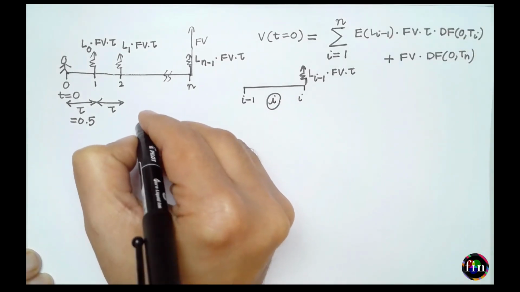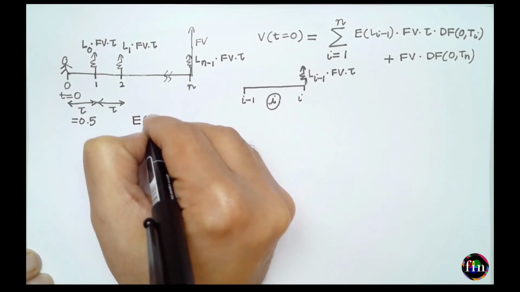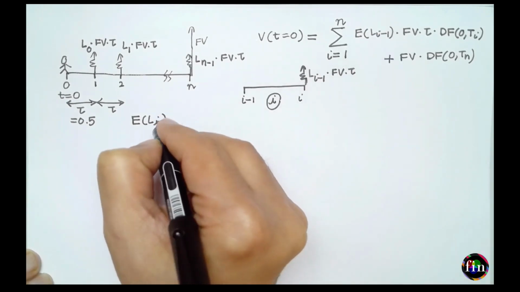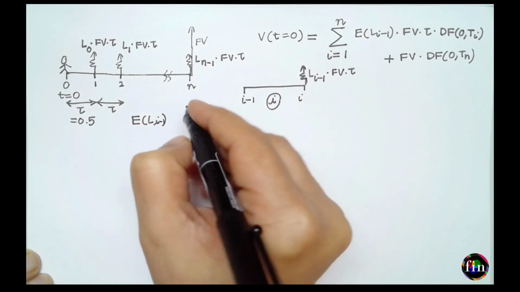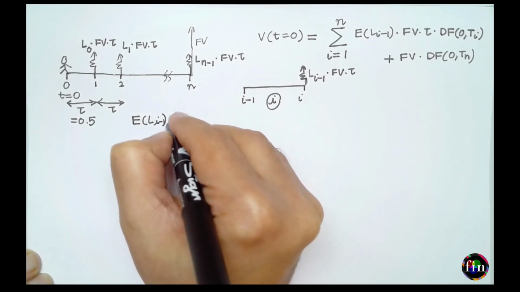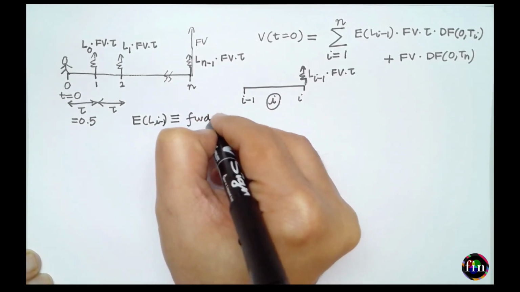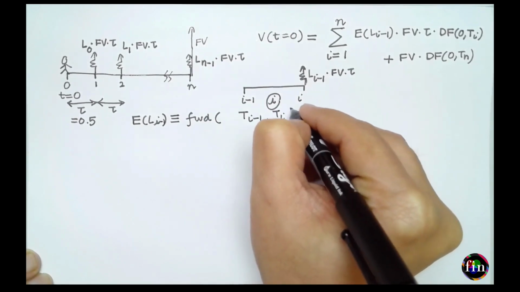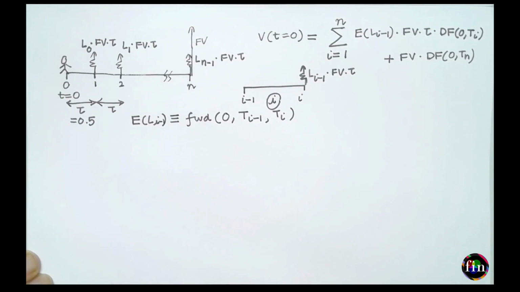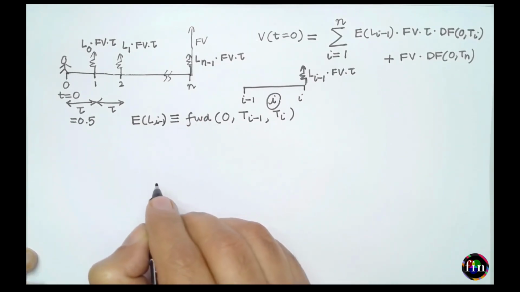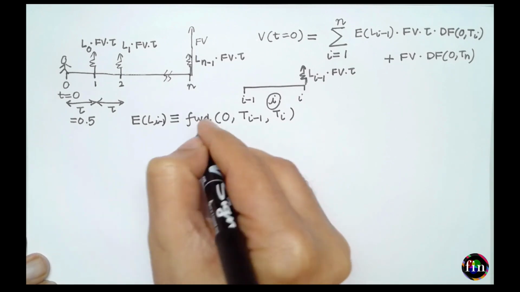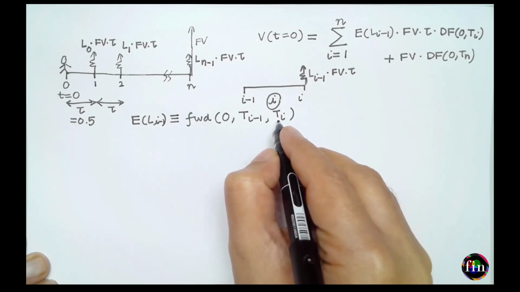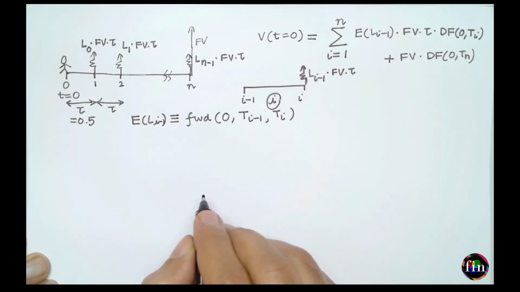Now I told you that the expected value of the LIBOR at any date, I should actually work with ti minus 1. So I can set this equal to the forward rate which prevails between dates ti minus 1 to ti, observed as of today. How would I get this forward? Very simple. You know this from fixed income chapters, that this forward rate I can get using the discount factor till time ti and the discount factor till time ti minus 1.